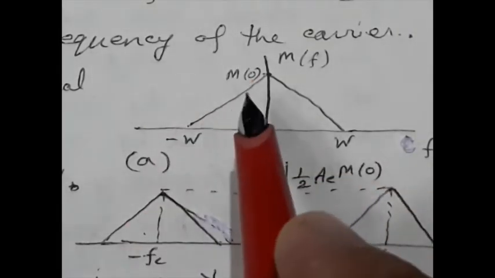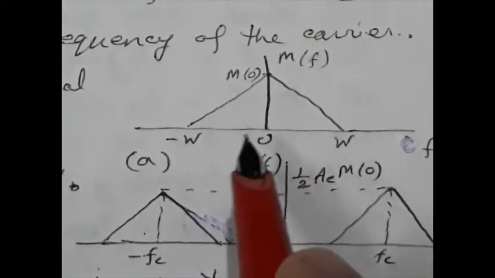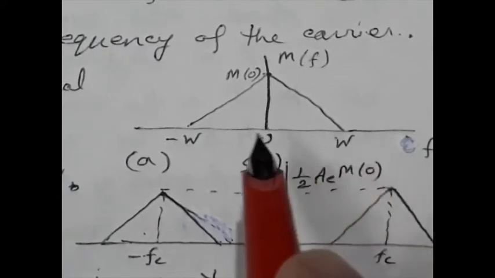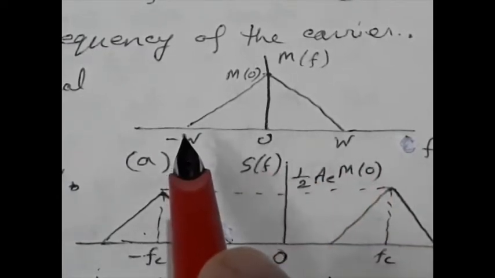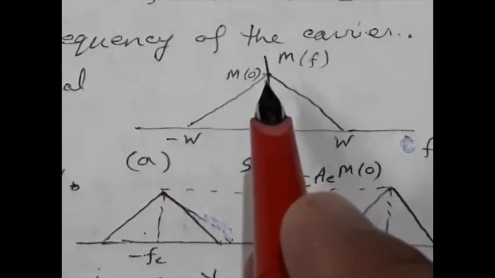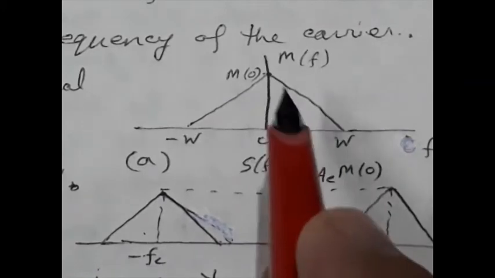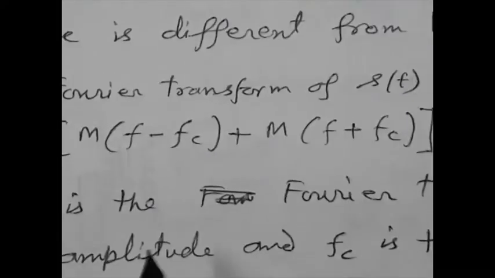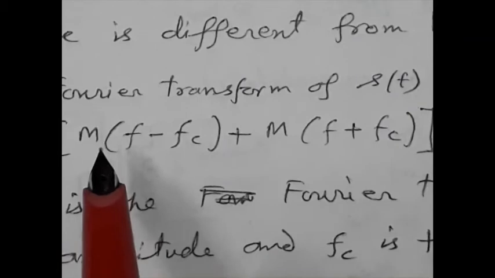If M(f) is this, with a bandwidth extending from 0 to W Hertz and from 0 to minus W Hertz, and M0 is the peak value. This is an arbitrary signal, mind it. In that case, the corresponding DSB-SC that we have already discussed is M(f minus fc) plus M(f plus fc). So the spectrum